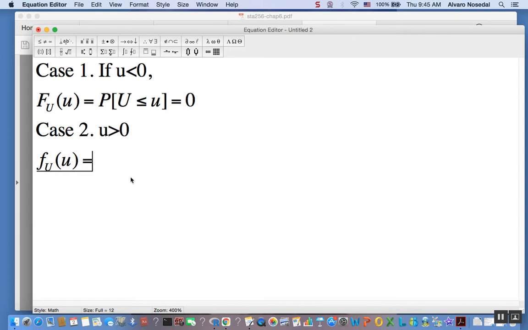It was going to be 1 over the gamma function evaluated at 1/2 times 2